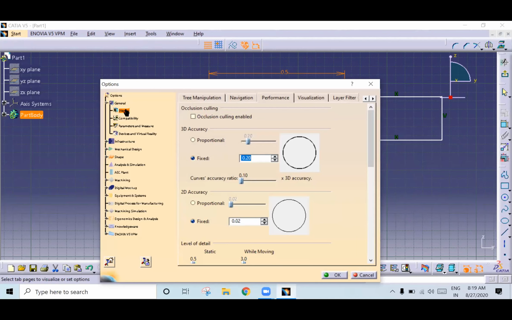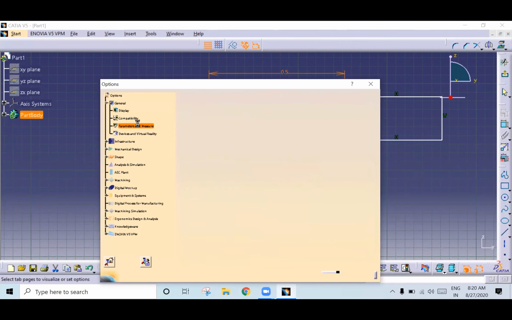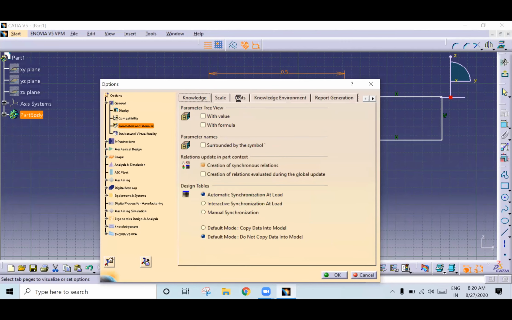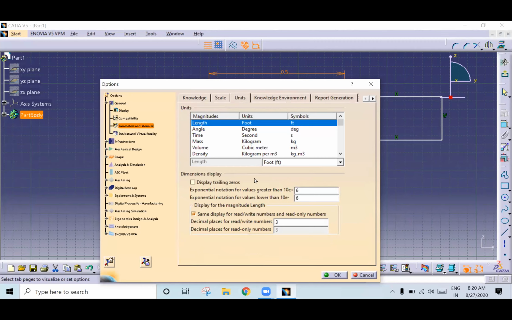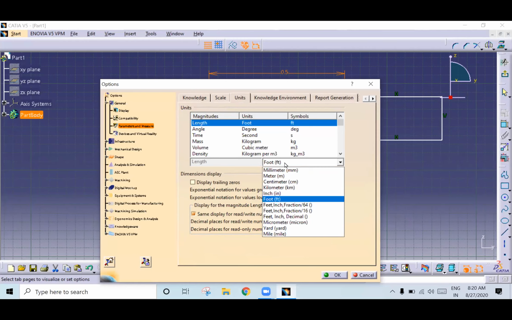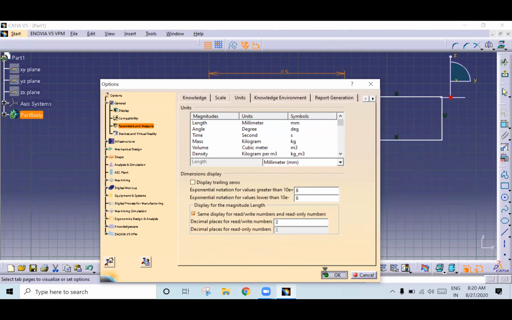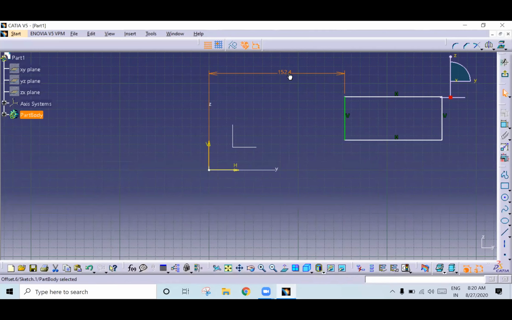Here in general, parameters and measure. Click on parameters and measure. You have units here. Length is in feet; I will change it to millimeter and give okay. See, it has been changed.